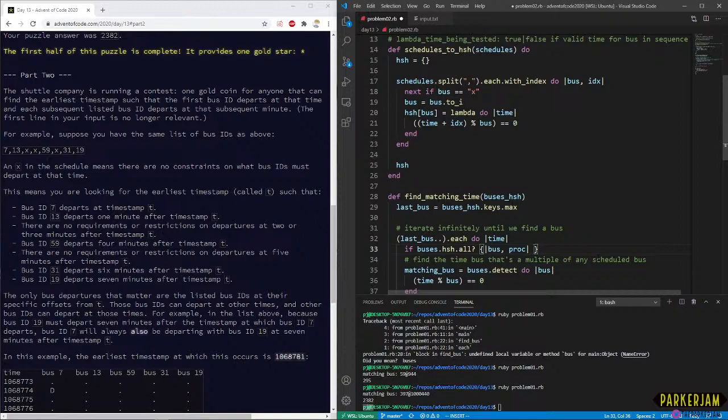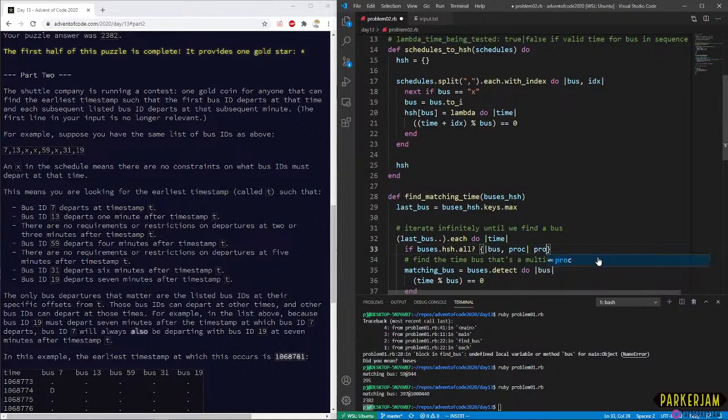The bus part actually doesn't even matter, does it? The structure actually could have been just an array, probably, couldn't it? An array of lambdas. No, but not really though, because we still kind of need the last bus. So not really. That's fine though. That would have been an interesting structure though, for sure.